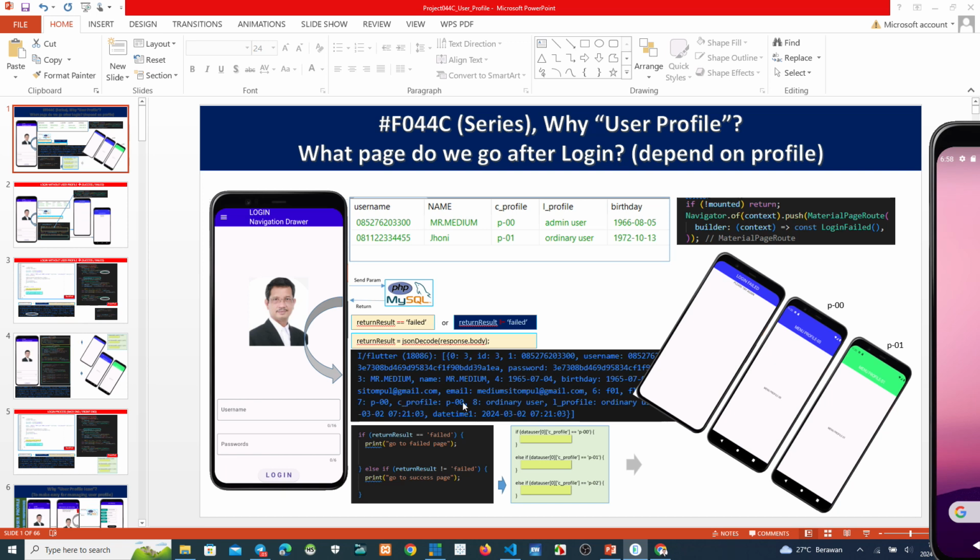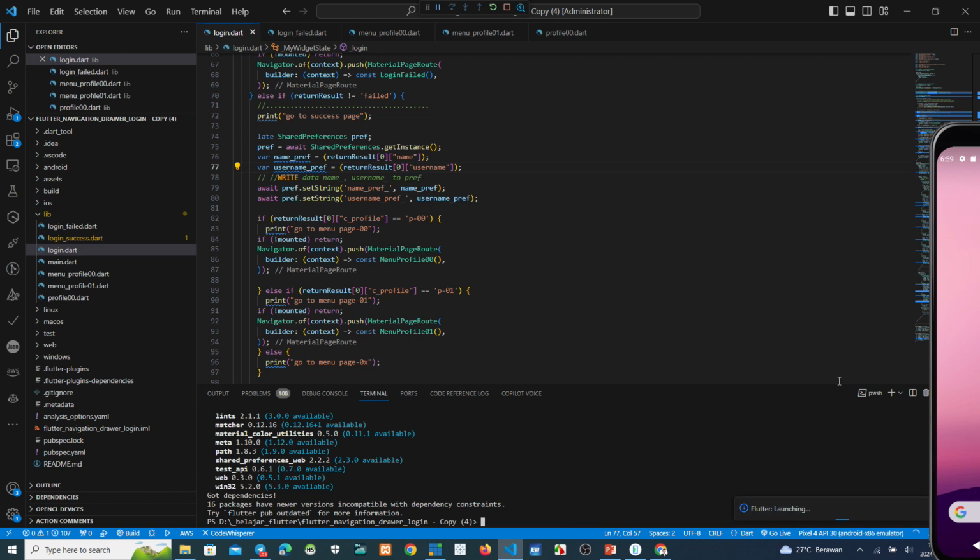What is the C profile of the username? If C profile P-00, so the script will navigate to the page 00. If the C profile P-01, so the script will navigate go to the page 01. Okay, moment please. Not finished yet. We wait.